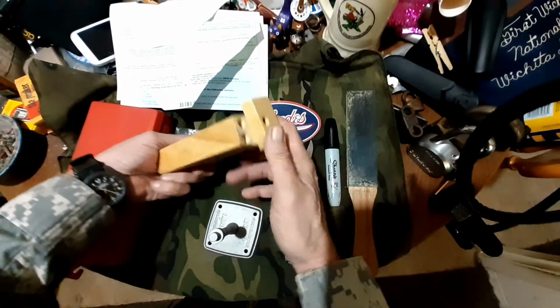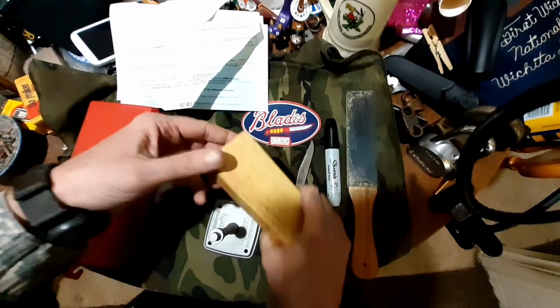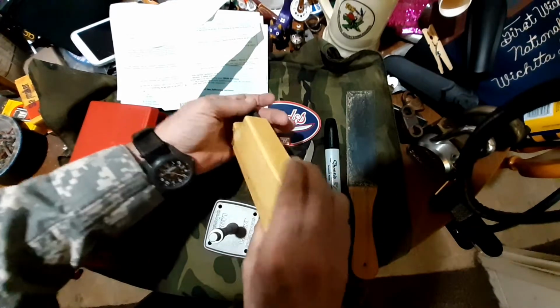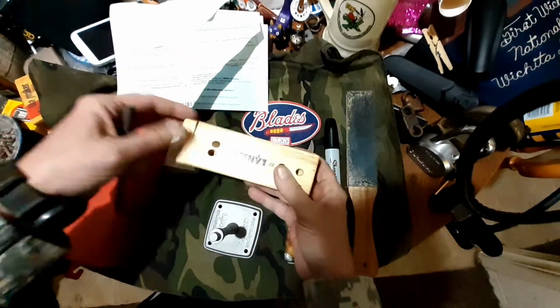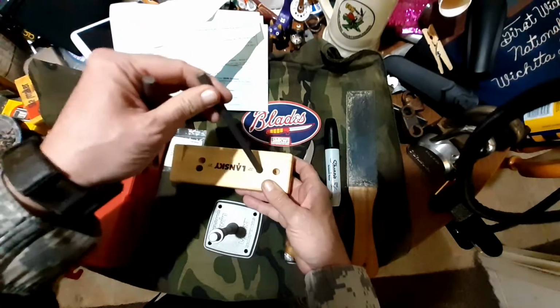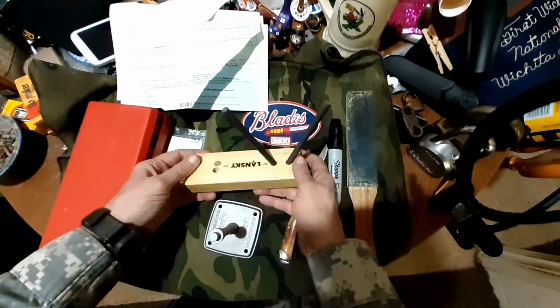They basically, if you want to just touch up a blade, like you don't want to reprofile it, but you want to get it a little bit sharper or touch it up, you put in the coarse stone. I usually go with the 20-degree angle on this block right here. But if you had